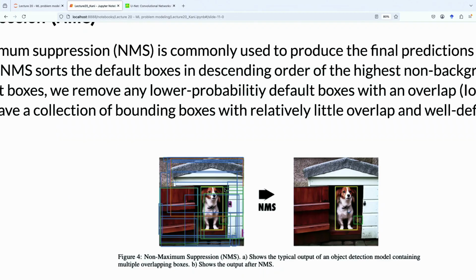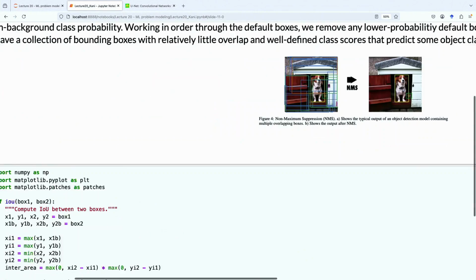So we just take the most confident bounding box, and then we look at all the other bounding boxes overlapping it with the same classification, and just get rid of them. If we iterate through that, we'll hopefully be left with only the bounding boxes that actually bound the objects well, or the bounding box that the model thinks best bounds the object.